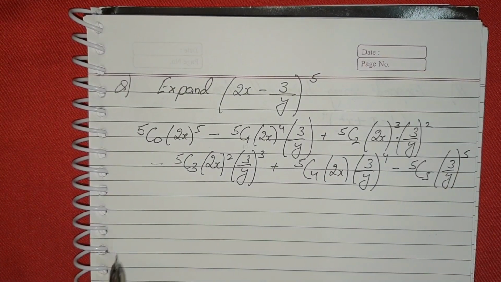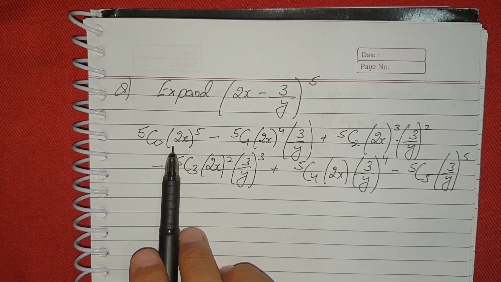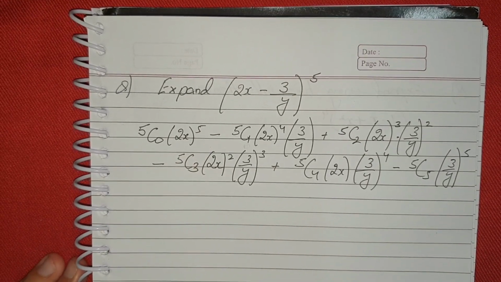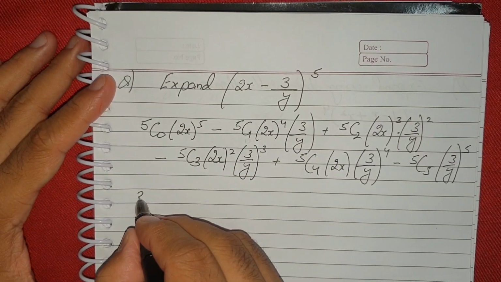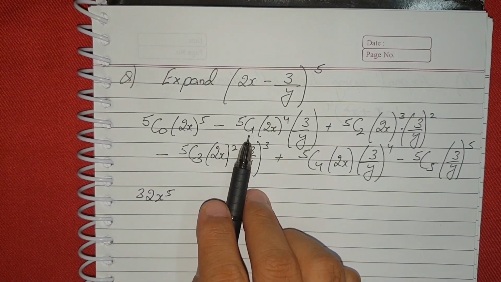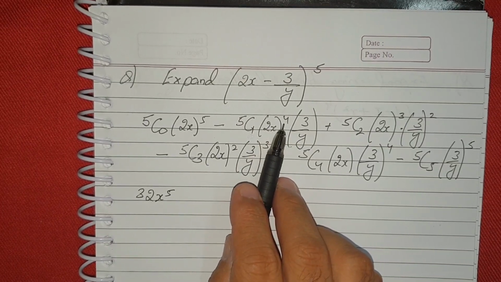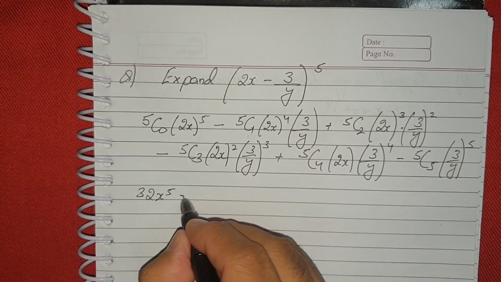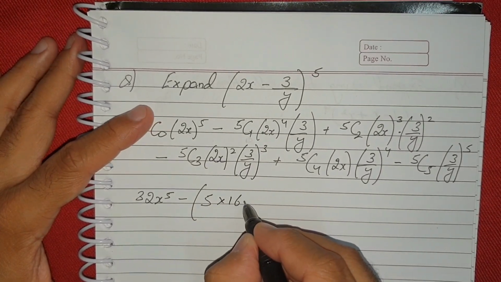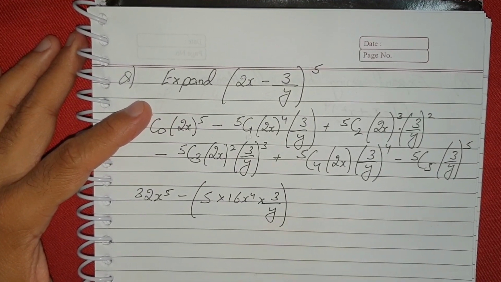Now we have to solve. See, 5C0 is actually 1, 2 to the power 5 is 32, so this is 32x to the power 5. Now 5C1 is actually 5, and this is 2 to the power 4, which is 16. So I can write 5 times 16, x to the power 4, into 3/y, plus